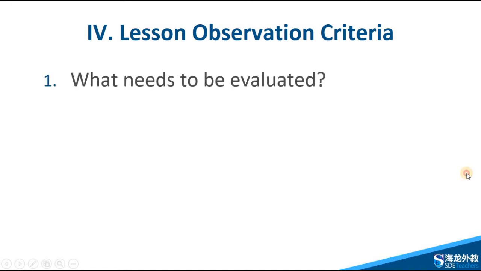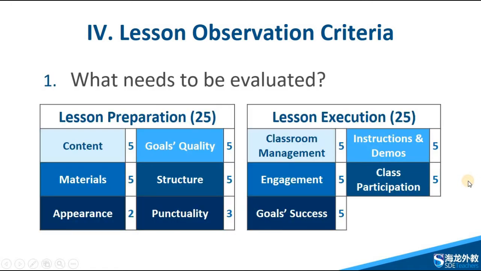So what needs to be evaluated? Well, all of these things need to be evaluated, and this is the scoring system that we will use, splitting the evaluation into two clear sections: your preparation for the lesson, which is part of its execution, and here we have this forming half of your marks. It's important that you have planned correctly and that you have prepared appropriately for your lesson before the bell goes. All of these things can be prepared and can be ready, and if they are to a good standard,